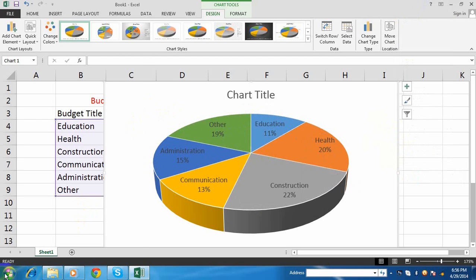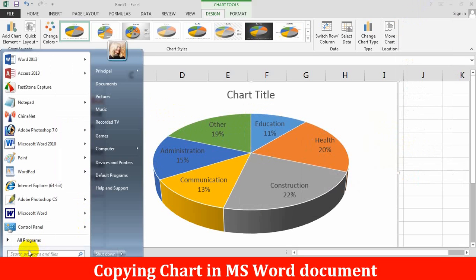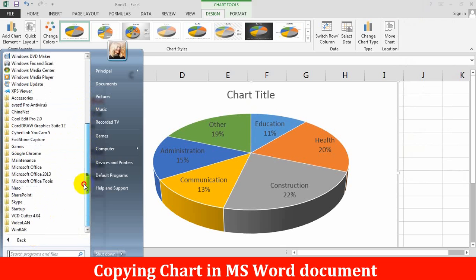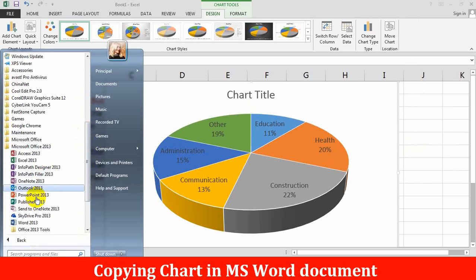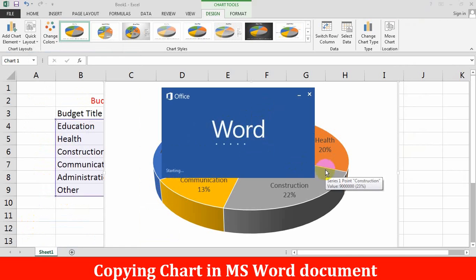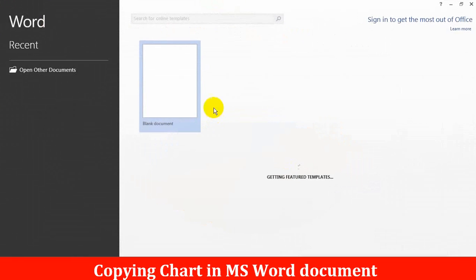Now open Microsoft Word: all programs, Microsoft Word folder, Microsoft Word. We are going to paste this chart created in Microsoft Excel into a Microsoft Word document.